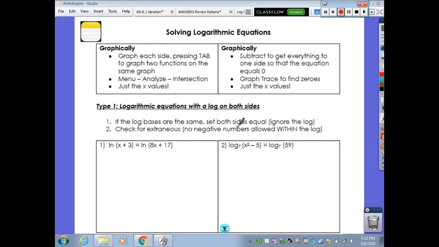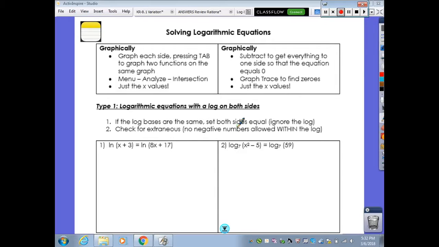So today we're going to be talking about solving logarithmic equations. You can solve a logarithmic equation graphically or algebraically. If you're going to solve a logarithmic equation graphically, there's two ways that you can do this. You can graph each side, pressing tab to graph two functions on the same graph. You can then hit menu, analyze, intersection, and just the x values of your intersection are going to be your